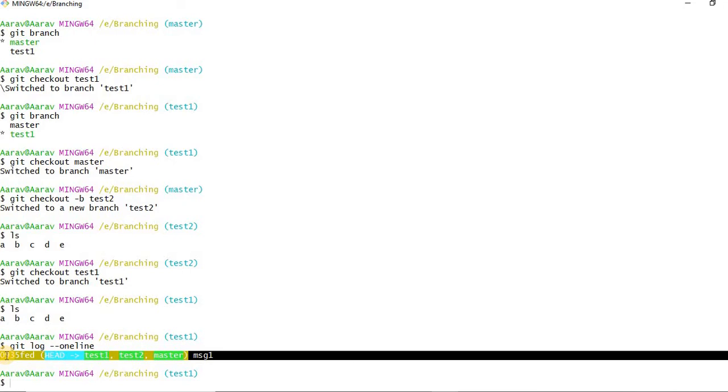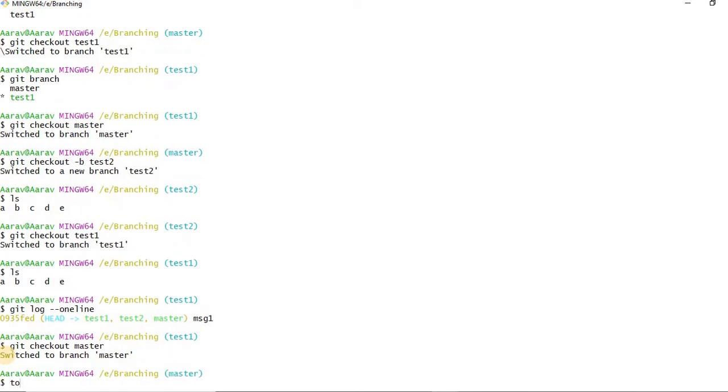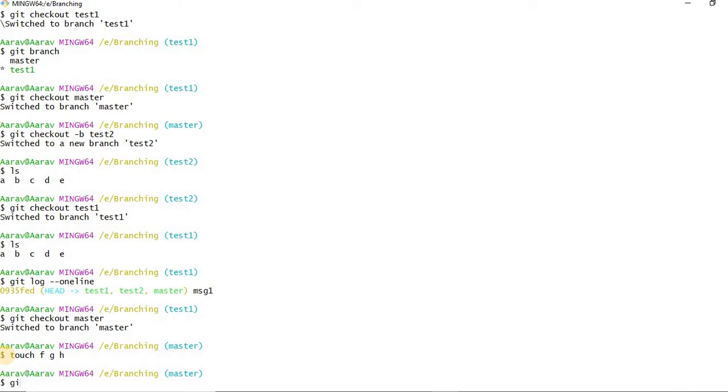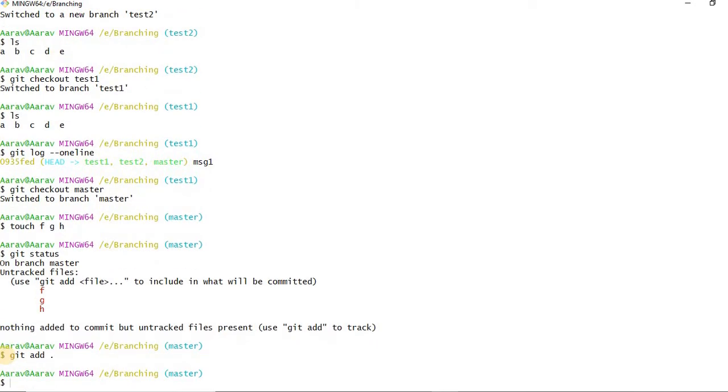Now let me just quickly git checkout master. Just touch FGH. Now check git status. Now FGH are untracked. Git add dot, git commit -m.